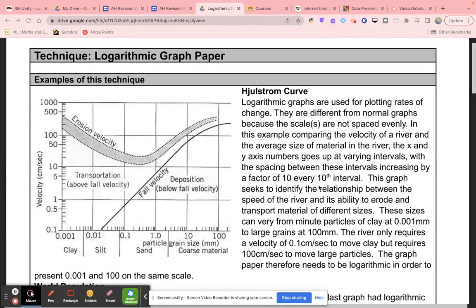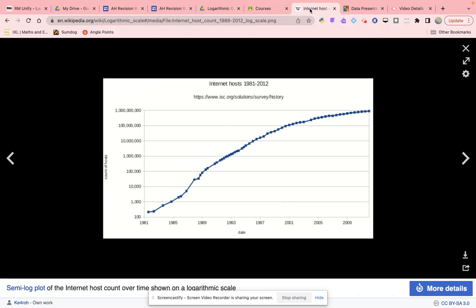Okay, in this tutorial, we're going to have a little look at logarithmic graphing, which is a technique used to graph data where there are extreme differences in the values of that data. Now, I'll talk through the main resource on this web page. But before I look at this, I'm just going to introduce the idea of logarithmic graphing by looking at this